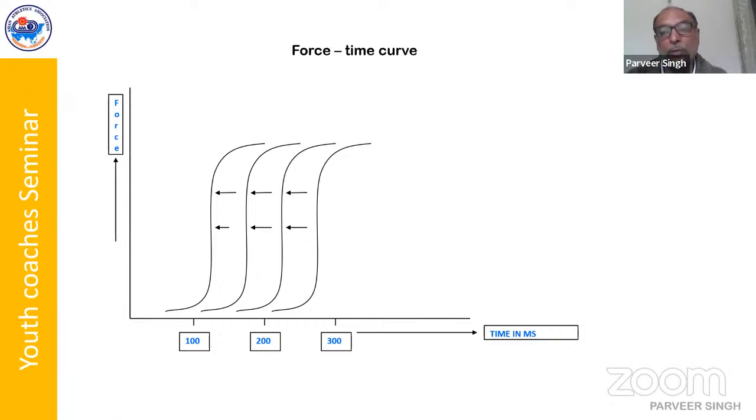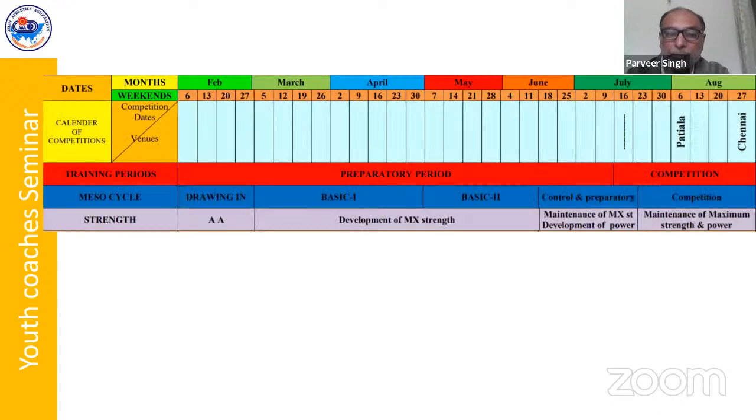So this is a very common problem. Athletes are able to perform good strength exercises, a good level of strength, but the performance in the throwing events is not improving. The athlete is improving strength, but there is little improvement in performance. The root cause is speed, the ability to produce that force in a shorter time. So this is the phase at the end of the preparatory phase, which we call the control and preparatory mesocycle, where we will convert this already developed maximum strength into